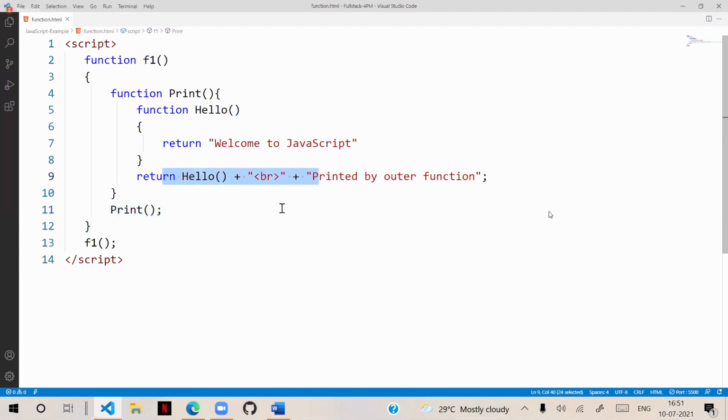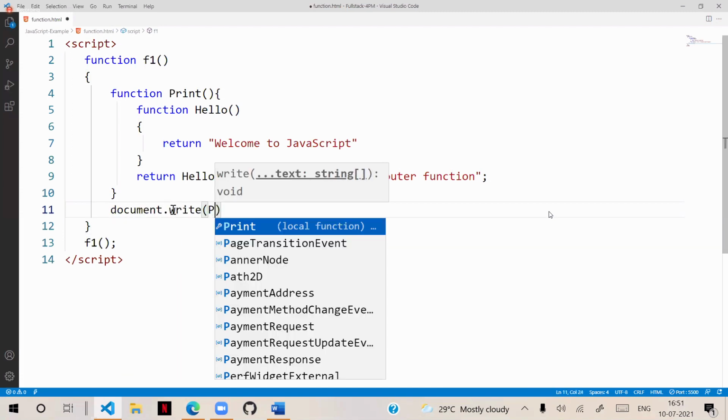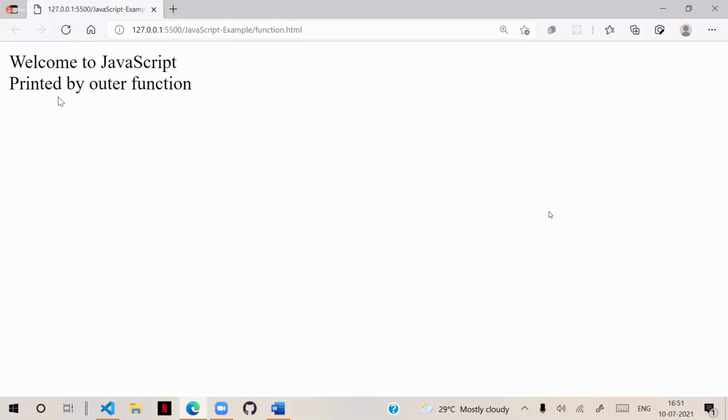That result needs to be printed, so we print it with document.write. That means the concept is nothing but being able to handle the value of an inner function.